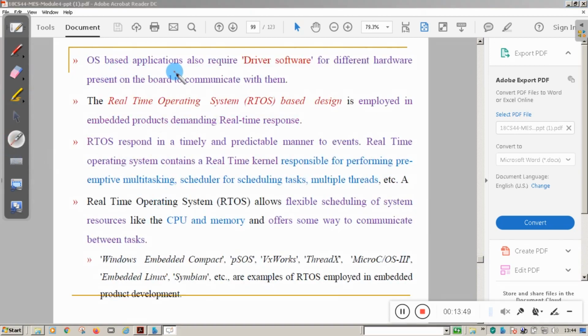OS based applications also require driver software for the different hardware present on the board to communicate with them. Based on the different types of hardware, a particular driver software is required for particular hardware.